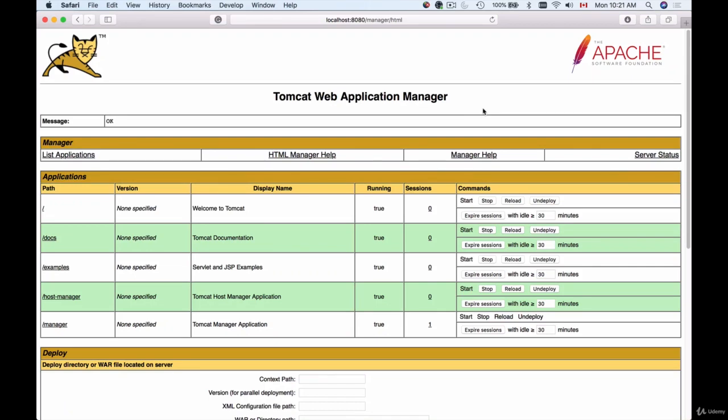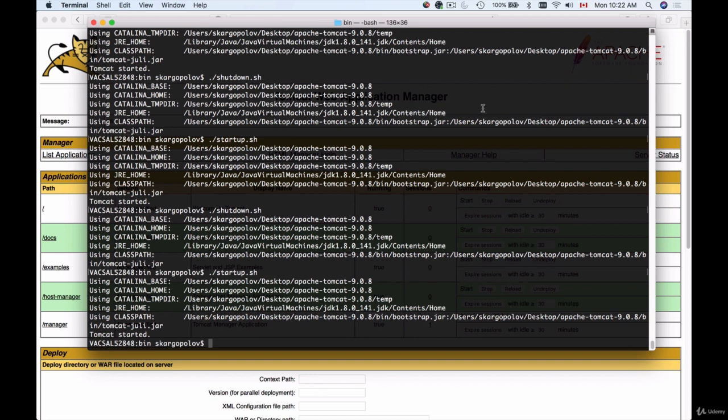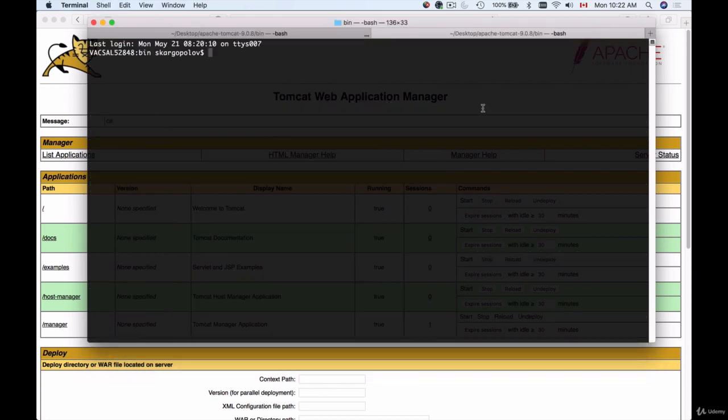So we now have our Apache Tomcat running. Let's deploy our Spring Boot Web Services application to this Apache Tomcat and try sending HTTP requests to our web service endpoints. So I'll bring up my terminal window and I'll open a new tab, and I will change directory